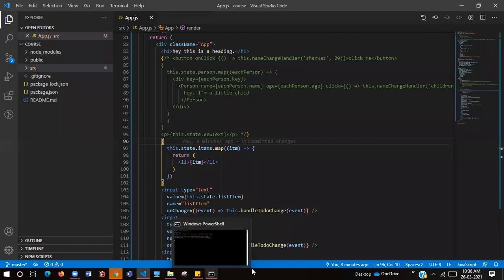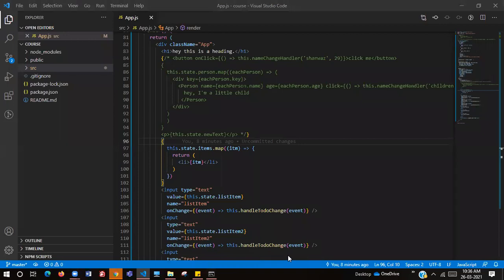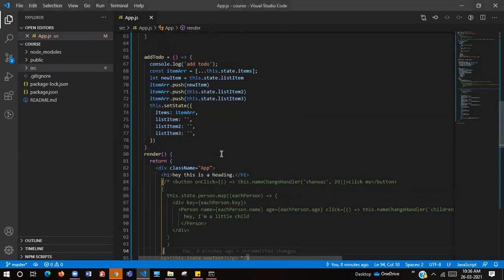Harish, for me also the same problem, I'm Devi, Supriya. I have a question, Harish. I entered the two inputs at the same time and clicked on the add to do button. The list got updated with the two things at the same time. Nice. But the second input is not getting cleared. Did you write this particular piece of code?